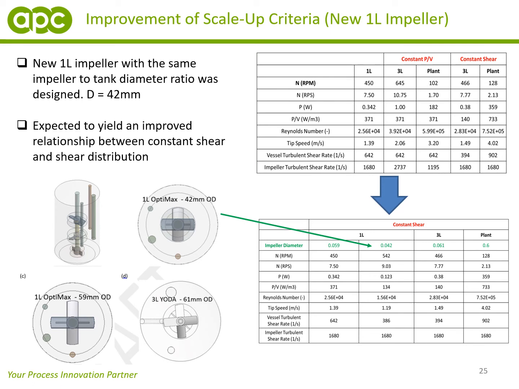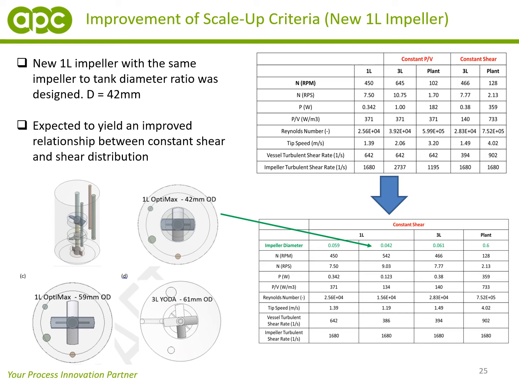So in order to improve the impeller to tank diameter ratio assumption, an impeller was redesigned for the 1 litre Optimax. It was the same visco prop impeller, however, it had a reduced diameter of about 42 millimeters on the 1 litre scale Optimax reactor. And this actually gave a very similar impeller to tank diameter ratio. And once we had achieved this, we then went and did a recalculation of the engineering